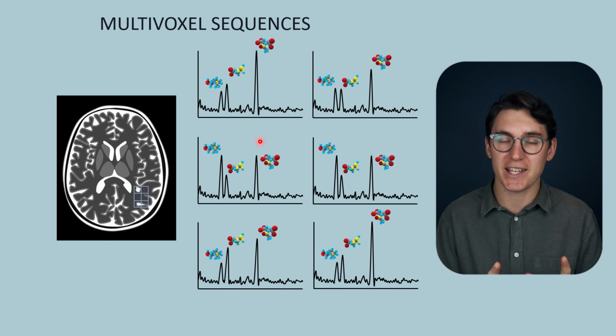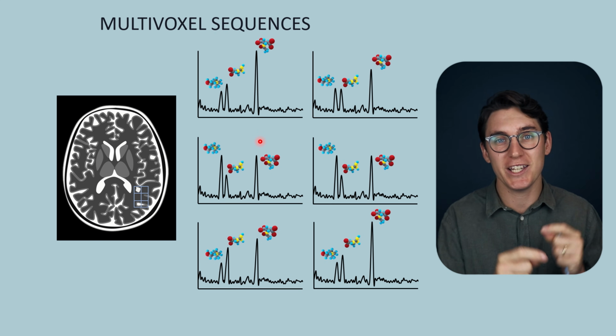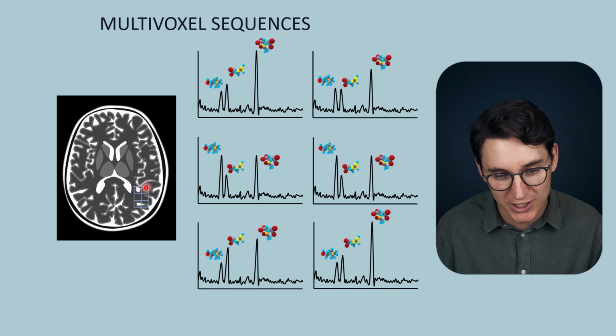Now here again, we're going to get some reduced signal-to-noise ratio, and our acquisition time is going to be much longer. We need to repeat this pulse sequence many more times just to get the spatial information for